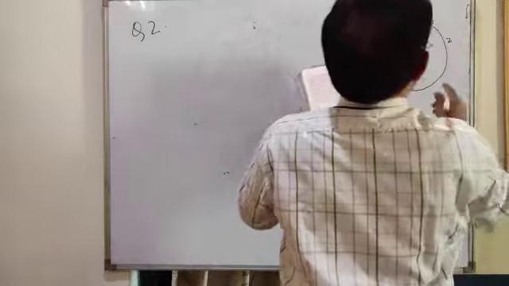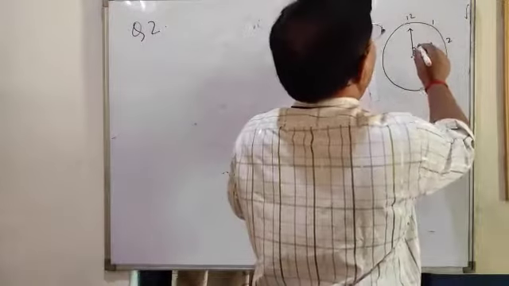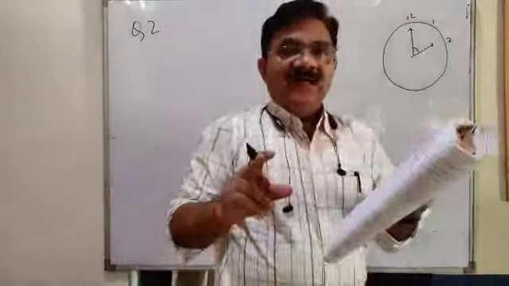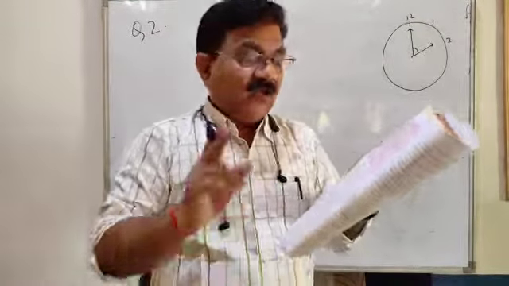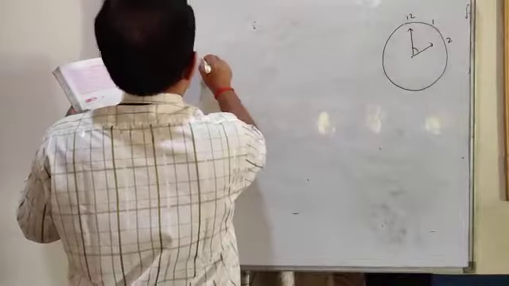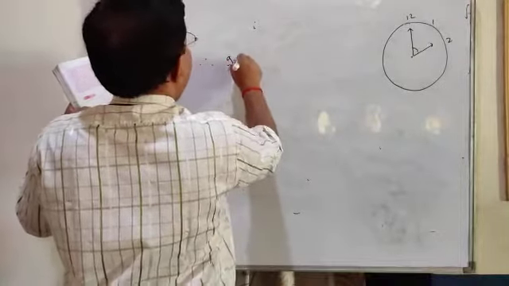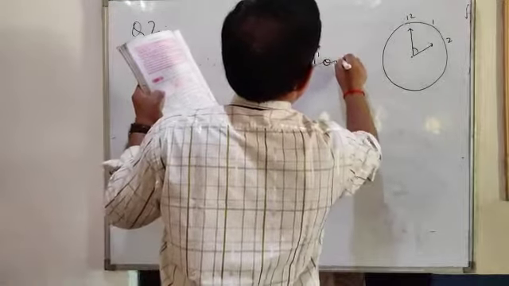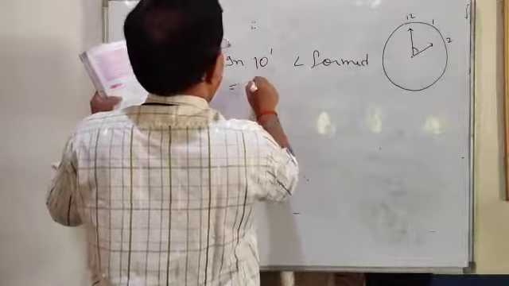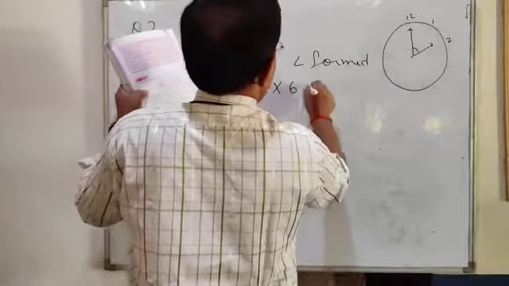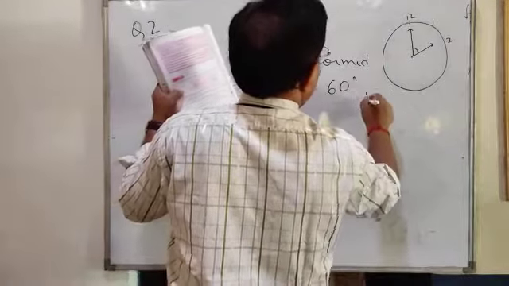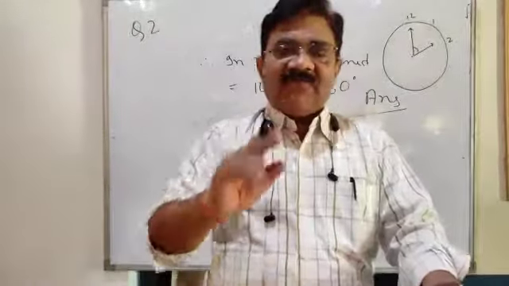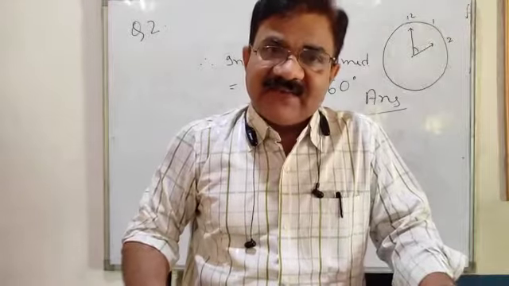So how many minutes are formed? 10 minutes. What I have told you is that in 1 minute, 6 degrees are formed. So in 10 minutes, the angle formed is equal to 10 into 6, that is 60 degrees. Dear children, you must have understood what I have told, that in 1 minute the degree formed is 6 degrees,